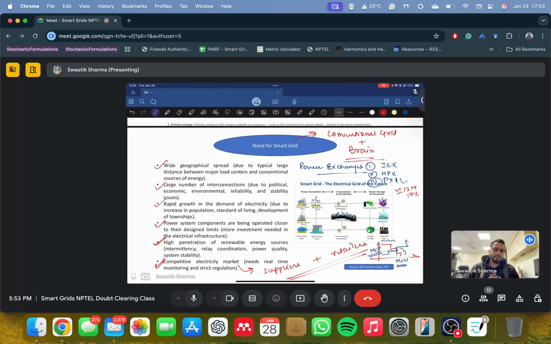So right now, the ministries and CERC have all come together to focus on market-based dispatch of these resources. So earlier, what was happening? There are power purchase agreements. So when I want to build a coal-based thermal power plant, let's say, I won't build until and unless I know how much load I am going to cater. So before building, I come to these retailers and ask, okay, how much energy will you purchase from me at what cost? So all of them sit together, come up with a power purchase agreement, and based on this power purchase agreement, they come up with a power plant.